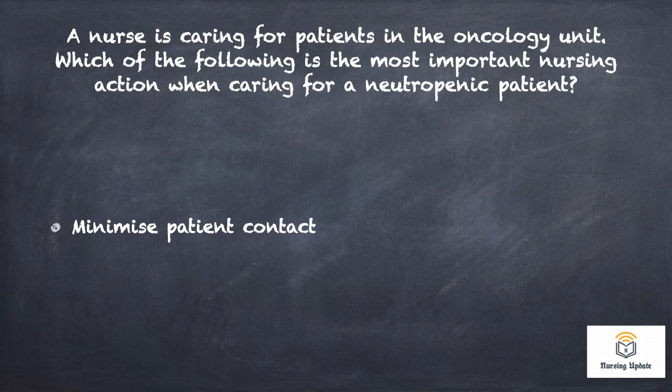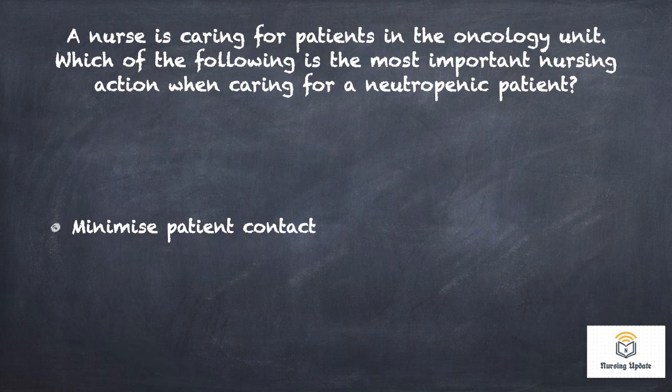Reverse isolation means the patient should not get the disease from healthcare workers. For example, if an immunodeficient patient is there, and the nurse who is taking care of that particular patient is suffering from a common cold or something else, then the patient may develop that cold because they are already immunocompromised. So same thing in a neutropenic patient or a patient who is on chemotherapy, you have to minimize the patient